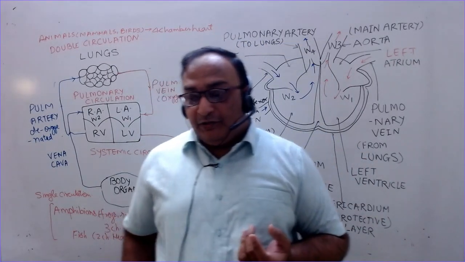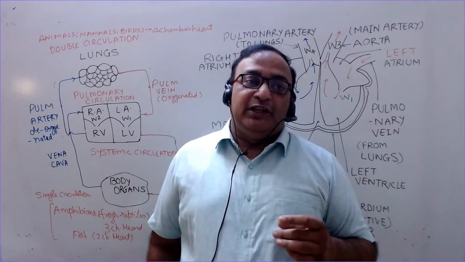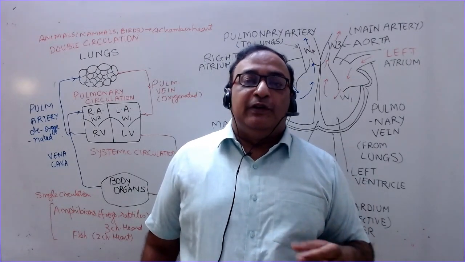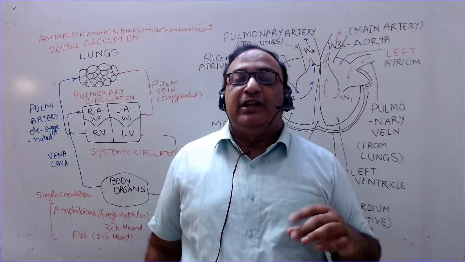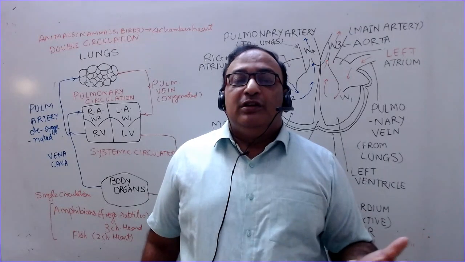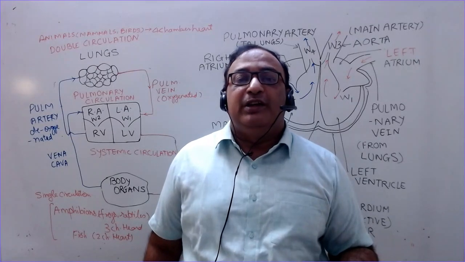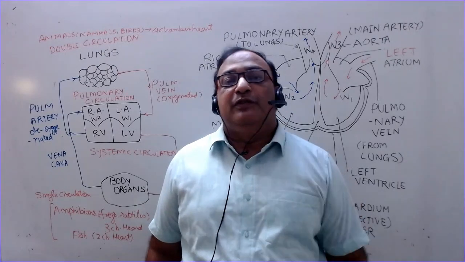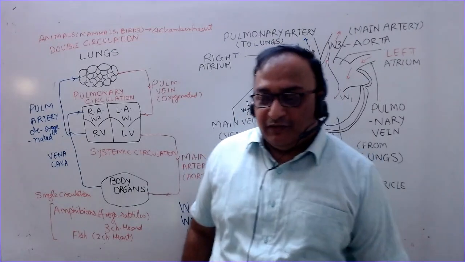One thing you should also note here is that sometimes the question is asked in the exam: oxygen is present in abundance in the atmosphere on the surface of the earth, so why do fish die when they come out of water? The reason is that their body is adapted to the oxygen intake present in water. Oxygen is limited in water, whereas here oxygen is present in abundance, so they cannot cope with the system here. The respiratory system of fish is different from ours. We have lungs, they do not. That's why they cannot survive here.